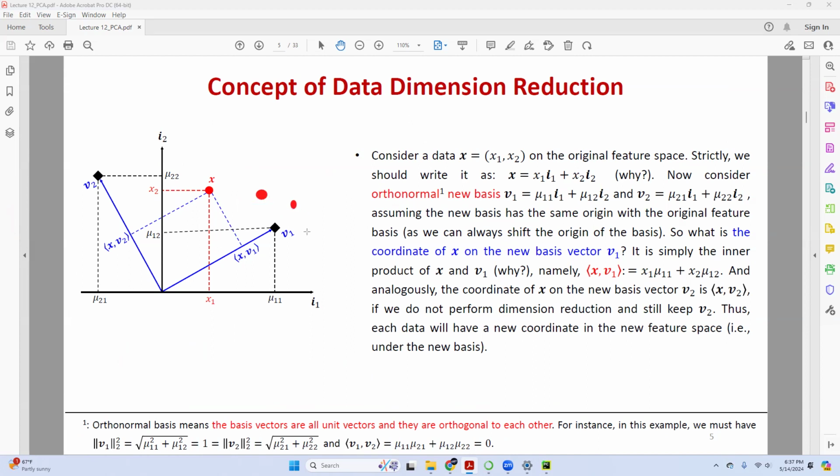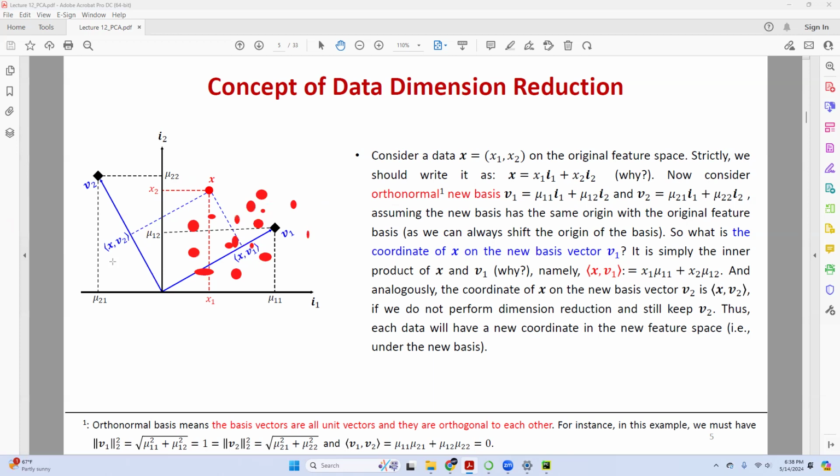Okay, suppose I have all this kind of data here. What I want to do is always try to move to a coordinate such that the mean is centered at my origin. First of all, I can definitely use this specific V1 and V2. But the bad point is that you can see all the data are in this direction. So instead of using the current V1 and V2, why don't I use this one?